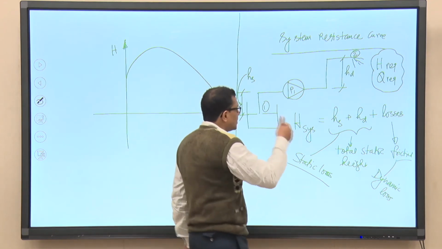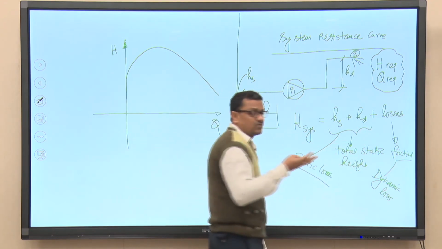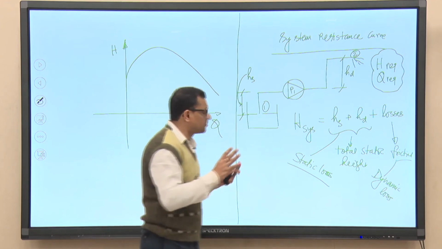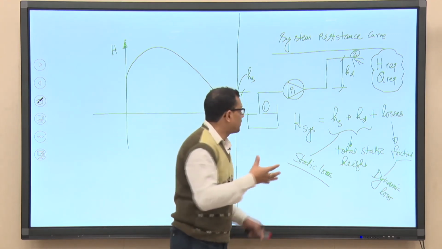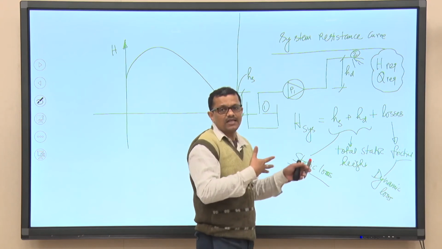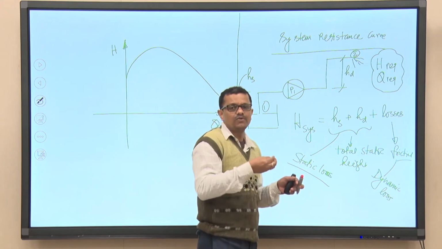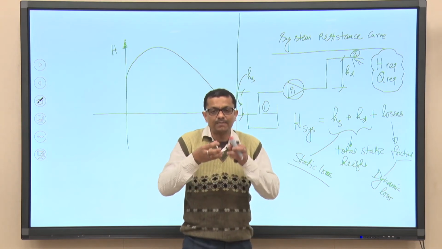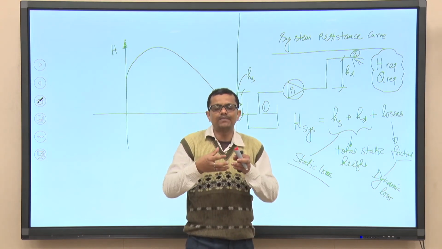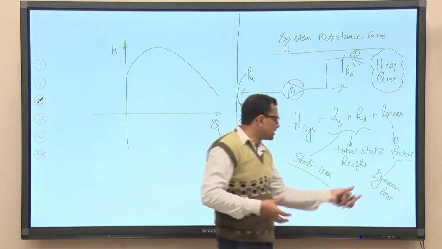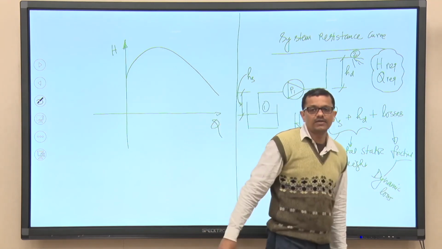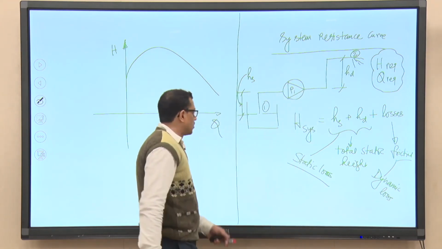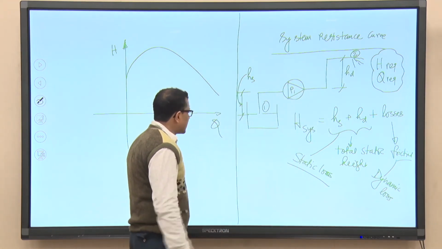Why? Because dynamic loss is the loss due to friction, separation, recirculation, the presence of valves, bends, and so many other things. But if we can design the system properly, if we can reduce a few bends in the pipeline, if we can design the piping system properly by selecting the pipe diameter, then the dynamic loss can be controlled. So, that is why it is known as dynamic loss. Anyway, so what is dynamic loss?